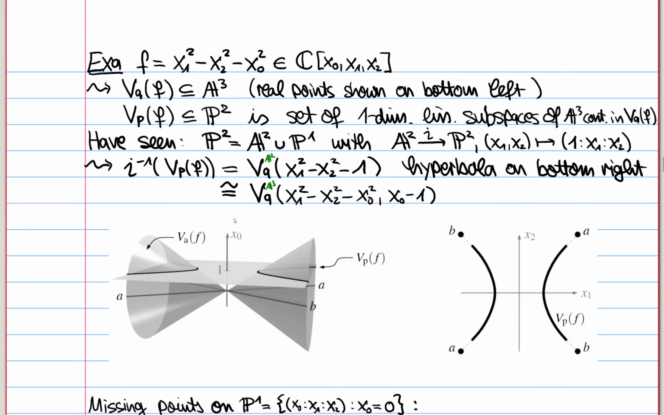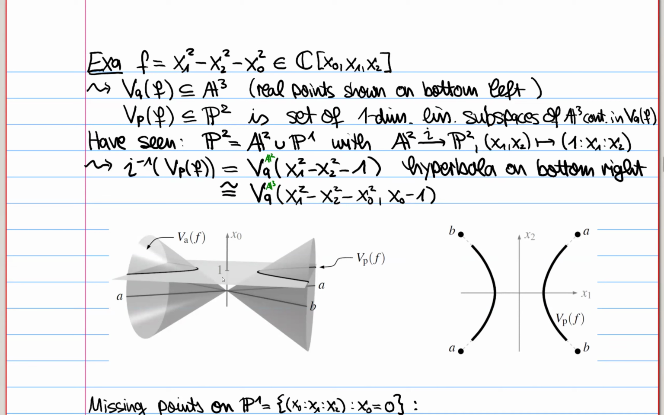And then we can also look at the projective vanishing locus. This now sits in P2. And the interpretation of this is that this is the set of one-dimensional linear subspaces of A3 contained in this affine vanishing locus. You should convince yourself that this is right, because basically